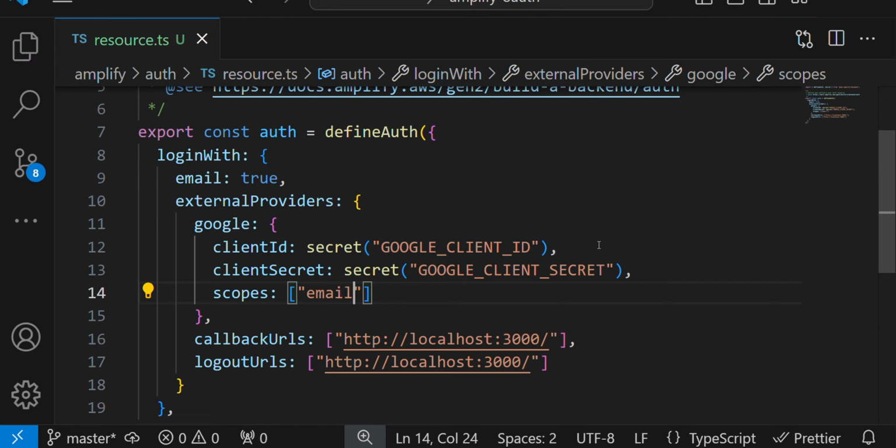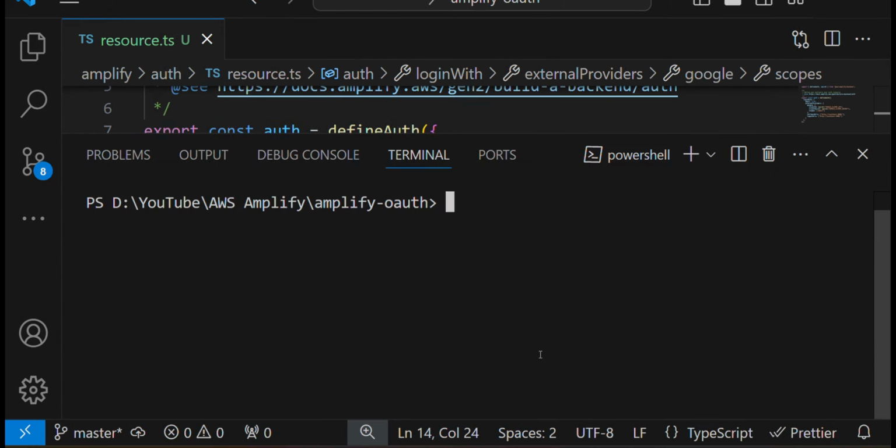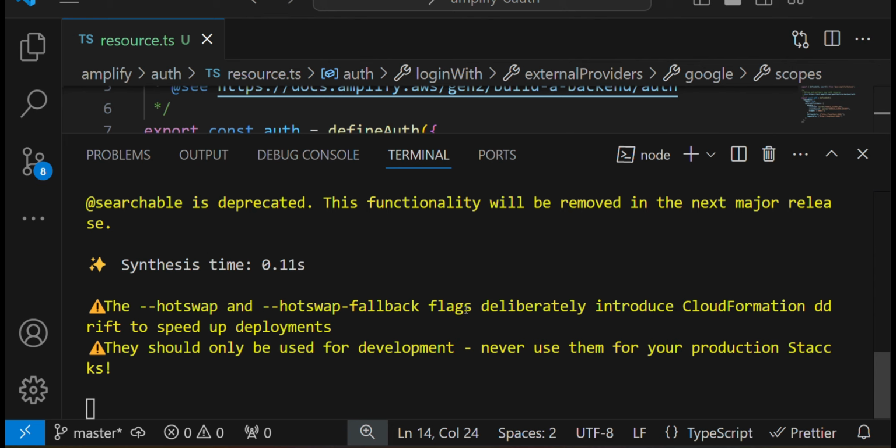So that's it, and now we need to run the sandbox so we can deploy these resources on the AWS cloud, and we'll be able to test on the frontend. So let's deploy all the changes using the command npx ampx sandbox. As you might know, it's using CDK behind the scenes, and it compiles all the code to generate the YAML file, and then it will deploy the YAML file to CloudFormation, and then CloudFormation will deploy the resources